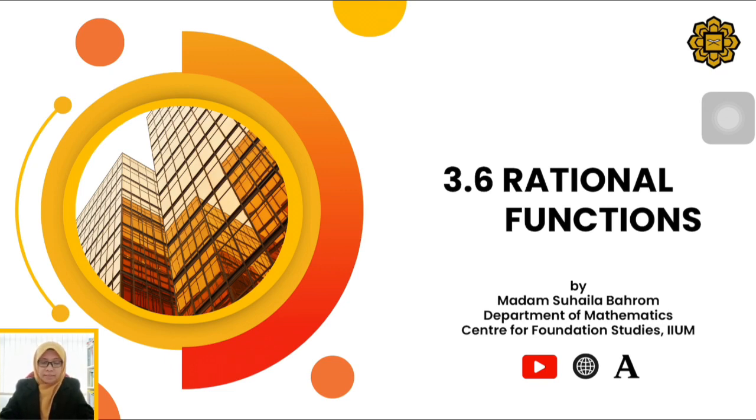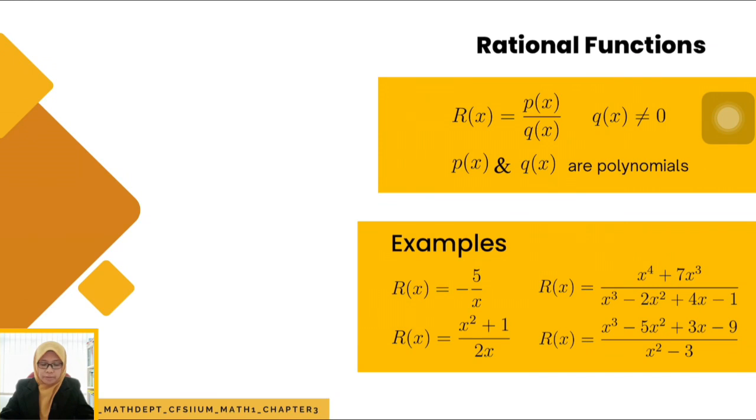So this is the second last subtopic for this chapter. So what is a rational function? When we have one polynomial divided by another polynomial, which is denoted as p(x) divided by q(x), where